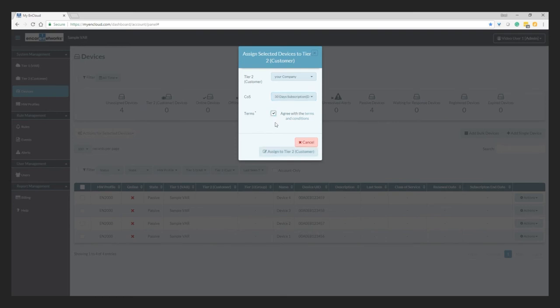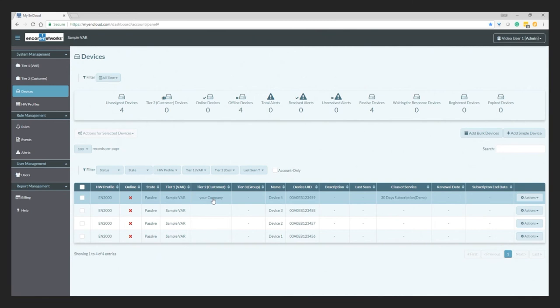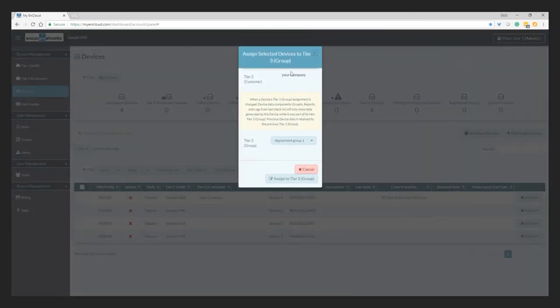For the purposes of our demo, we're going to use a 30-day demo subscription. After you've selected your subscription and agreed with the terms and conditions, you assign the unit to the customer. This is where the subscription comes out of the bank and is then applied to the device. You'll see that the device is now assigned to the customer we created earlier and has a 30-day demo class